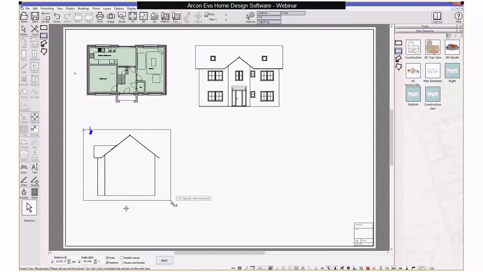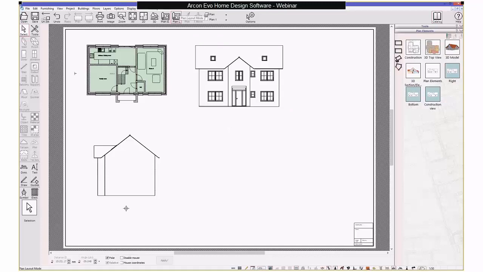So once you've started, as you can see, you can start to build up a set of drawings. Within the plan layout mode, you can also create multiple plans for your drawing, and then start to build up a number of sets for your project. So like I say, any changes you then make, for example, in the plan element